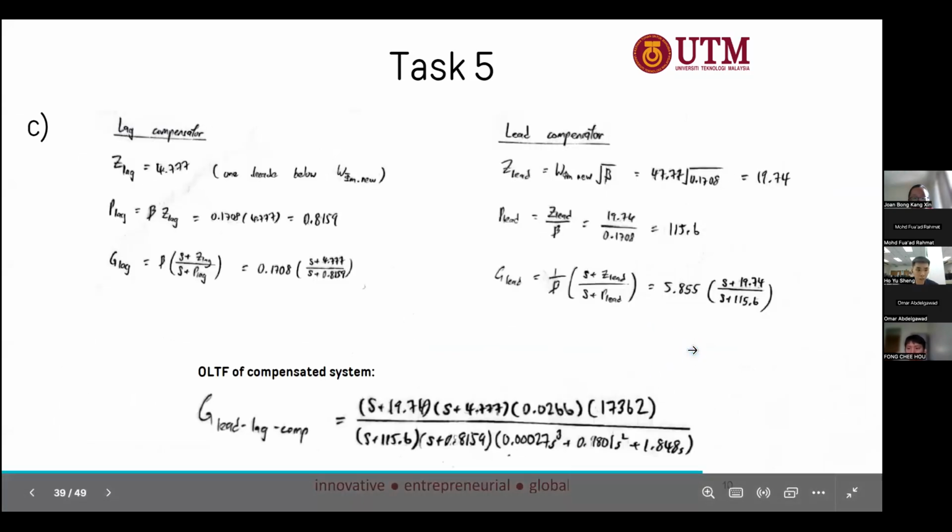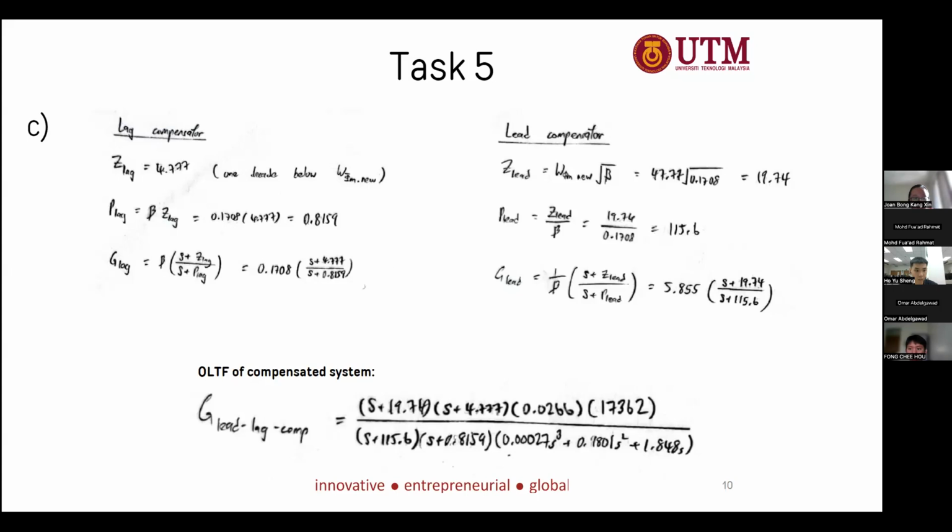Now we design our lag compensator. The zero of the lag compensator should be 1 decade below the new phase margin omega, which is 4.777, and the pole of the lag compensator is equal to beta times the zero of the lag compensator, which equals 0.8159. Hence, we will get the system of the lag compensator. Then the lead compensator,